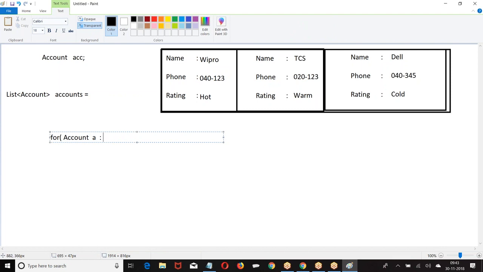Now, A will refer to what? Any one of the memory locations of an account. Am I giving account A equal to new account? No, right? It doesn't require a new memory. If an element is already there, you can refer to the existing element also. It is not necessary that you create a new one. If we want to refer to any one of the records, you can refer. That is how I gave account A.